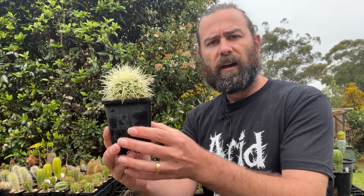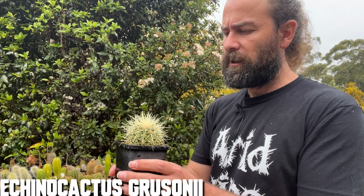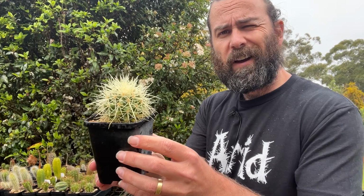That's Rauhocereus riosaniensis. This is the ubiquitous cactus grusonii. See them everywhere in landscapes. They can get quite large, turn into big barrels. The reason I'm showing you this is because there's, I suppose, a fun little story behind this